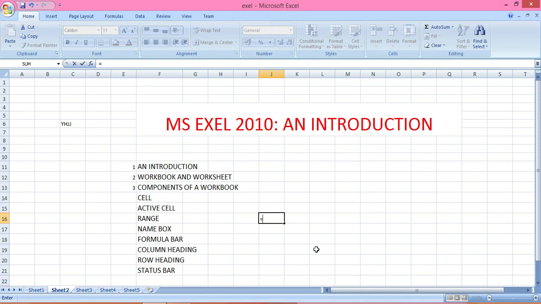So these are the components of the worksheet which we have discussed. Today we discussed the practical part. In the next class we will discuss the theoretical things, but it is all based on practical: how to use MS Excel and how to enter formulas in MS Excel. In the next video we will see how to use MS Excel to perform mathematical calculations and use its various features.